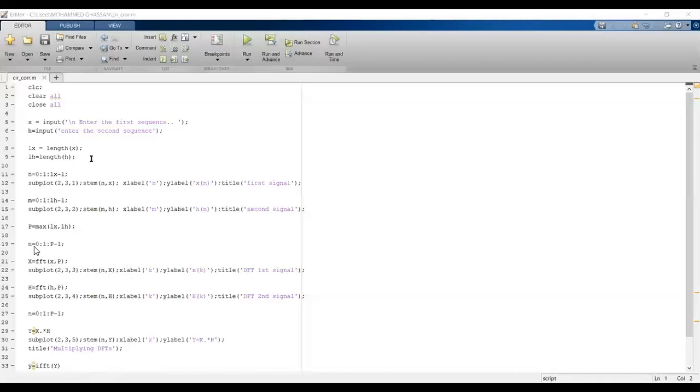For the various values of n, you are plotting capital X. For various values of n, you are plotting capital H. In a similar way, for the various values of n, you are plotting small y. Followed by that, we give xlabel, ylabel, title. After that, we execute the program by pressing the run button.